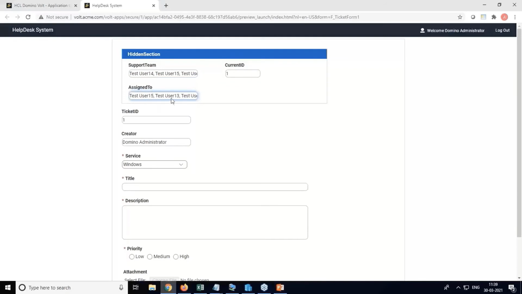So now the queue for the support team will be updated. So use this string to append to the backend support team configuration using the update service. So whenever the next ticket comes, it will be assigned to user 15 instead of user 14. So you can try this activity on your own.